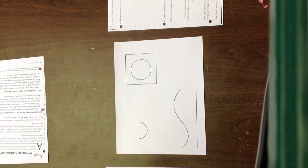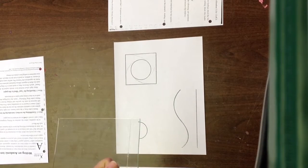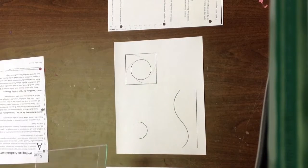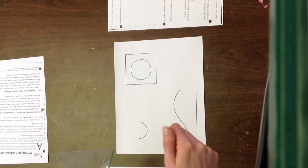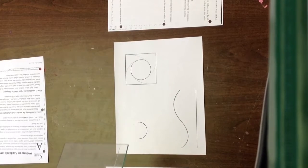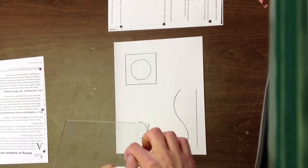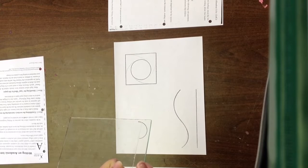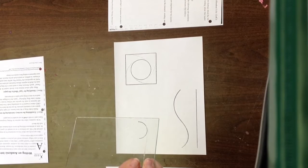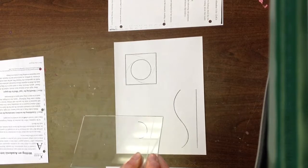Now you can try to break this with your hand. So what we do is to cut a straight line like that, you can actually break it with your hand. And the position that you want to keep your hands in is as if you're starting a car engine. You're grabbing your keys and you're going to kind of pry down. So I don't want to keep my hands anywhere near this score line because I don't want to cut myself. I want to keep my thumbs away from it. And then I just kind of pry down like I'm starting a car, and let's see if I could do